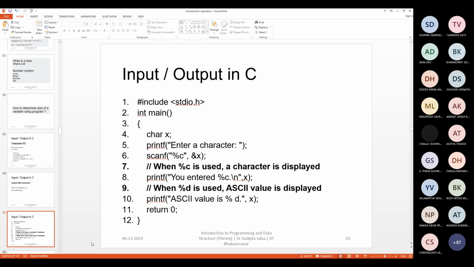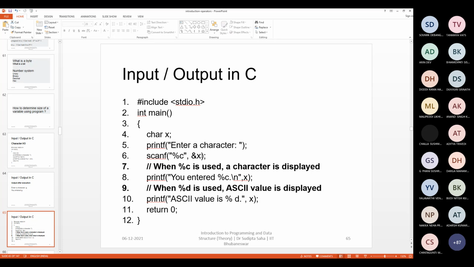Similarly, this program exploits these characteristics in a better way. Just see, we are scanning a character using %c, then we are printing the same thing, and then we are also printing the ASCII value of that particular character in %d form.